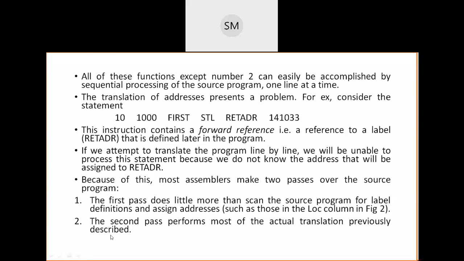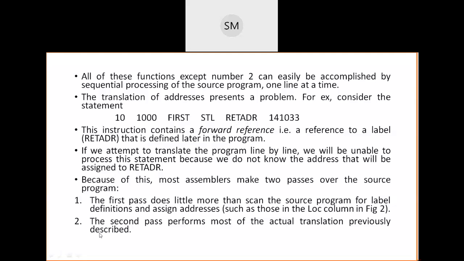For that instruction, you will write the address 1000, and since its length is 3 bytes, you add plus 3. Then whatever instruction comes next in your program, again it will take 3 bytes, so again you add plus 3 to that address. Like this, you keep on adding plus 3, plus 3, plus 3. For every instruction you are reserving 3 bytes of memory, and that instruction sits in that memory. Similarly, you assign the addresses to the operands also. So the first thing, you should generate the location column.